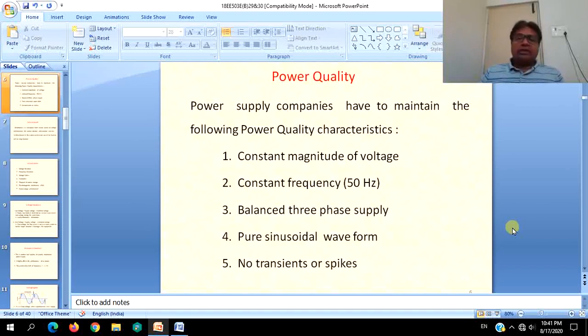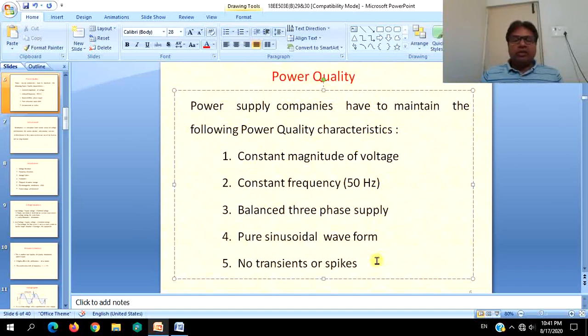Further, again we can list out these things. To maintain this power quality, power supply companies have to maintain the following power quality characteristics. These are the power quality characteristics which are to be maintained by the control engineers: constant magnitude of voltage, constant frequency of 50 Hz, balanced three-phase supply, pure sinusoidal waveform, no transients or spikes. The first two things we can understand. When it comes to the third one, balanced three-phase supply,